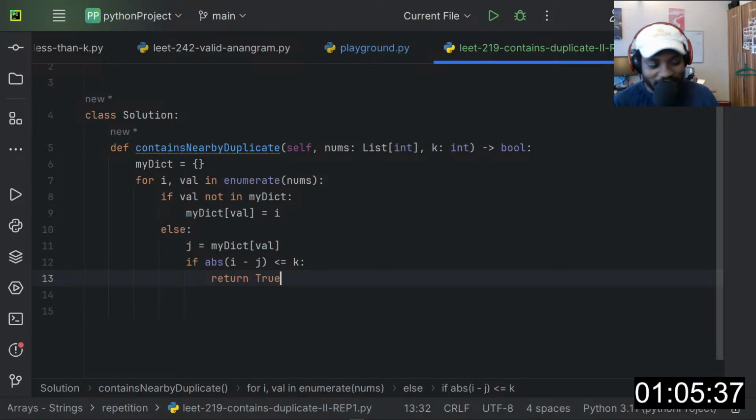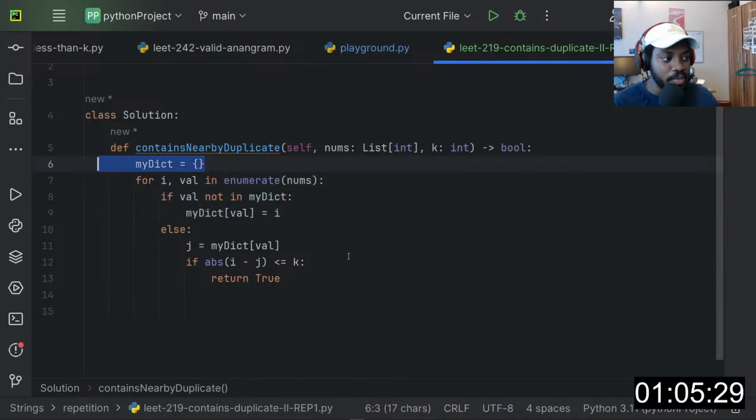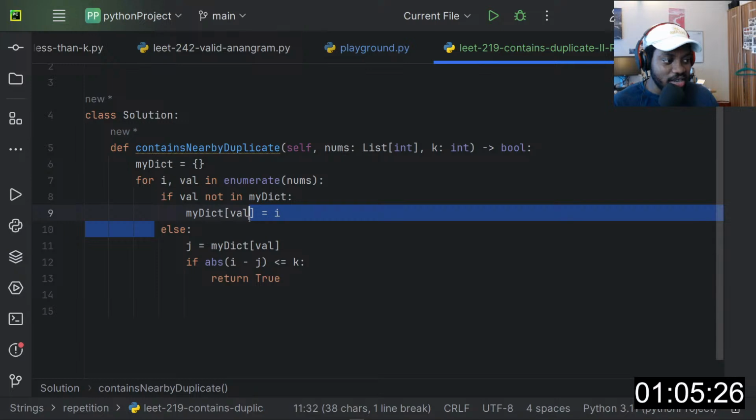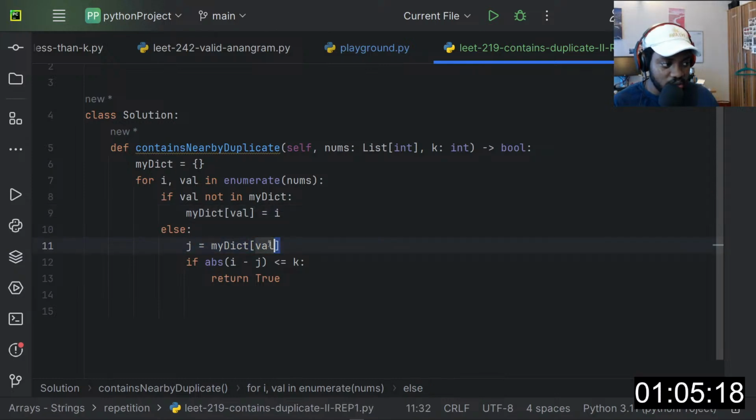So here, first of all, we are storing every unique value in the dictionary. But if we'd already seen a value before, meaning we had already stored this value in the dictionary, I'm assigning J to the variable.